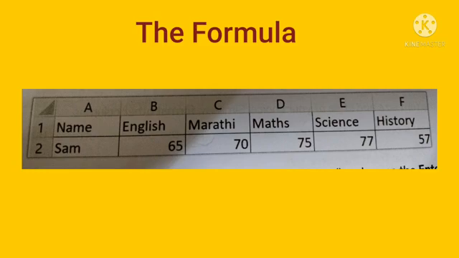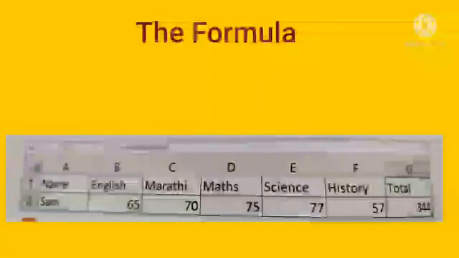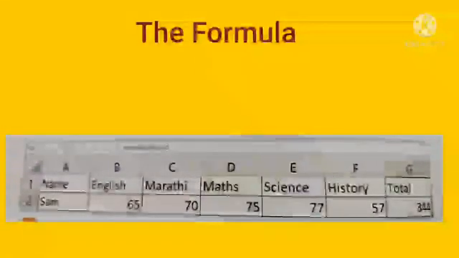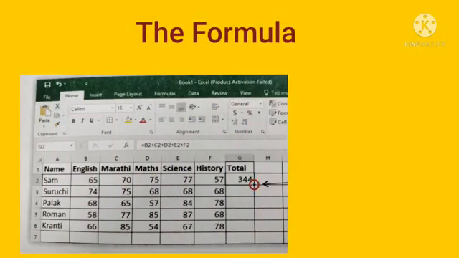We first enter the formula. First, what, students? Equal to sign. Then B2 plus C2 plus D2 plus E2 plus F2 in G2 cell and press the enter key. Now students, the total 354 is displayed in the same cell, G2. The advantage of using a formula is that it can be applied to many more calculations, for example the total of all subjects of all the children.